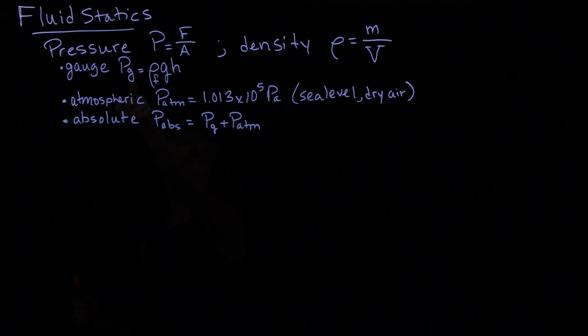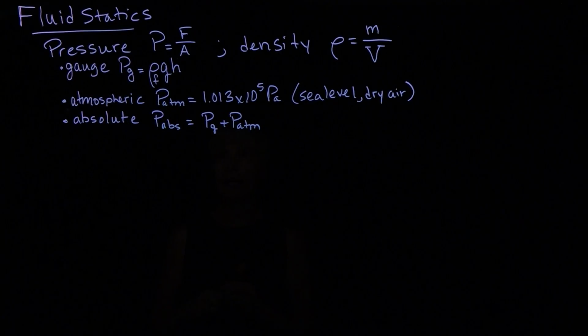Gauge pressure gets the symbol P sub G, and gauge pressure is the density of whatever fluid an object is further submerged in. So this is not the density of the atmosphere on planet Earth. This is the density of a fluid that an object is additionally submerged to, as well as the atmosphere. So this is the density of the fluid times the acceleration due to Earth's gravity times how deeply the object